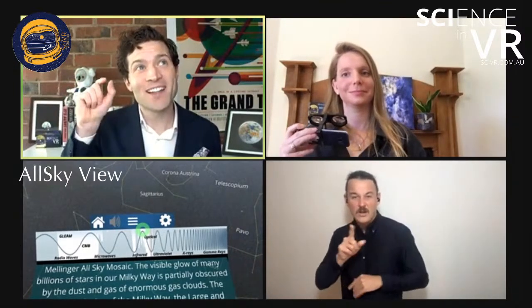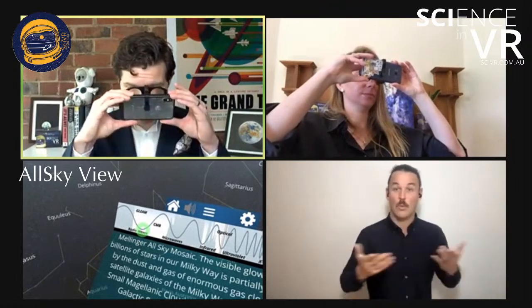So now you've got this wiggly line in front of you. This is all the different kinds of light. It's known as the electromagnetic spectrum. It goes from long wavelength, low frequency, low energy light on the left, like radio, to high frequency, short wavelength, high energy light on the right, like UV, X-ray, and even gamma rays. Now what I want us to do is to select the long wavelength, so that's at the very far left, and I want you to look at radio wavelength. So click radio,